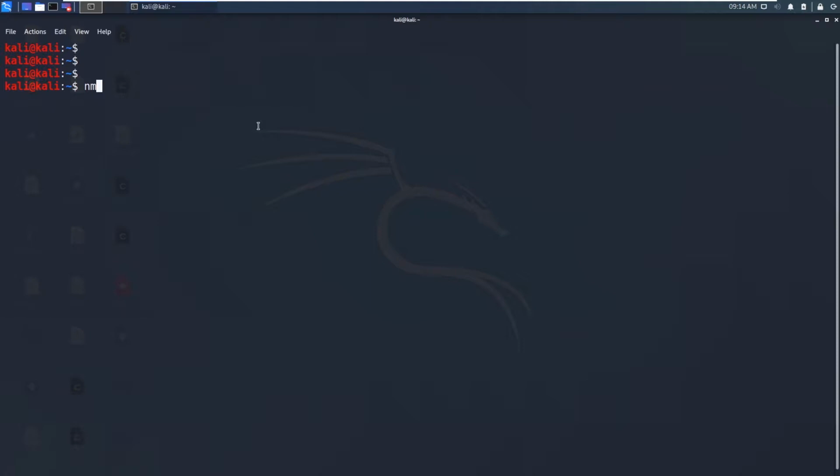My Metasploitable 2 is running, and we can just do the nmap quickly. Let me quickly do the ping sweep.